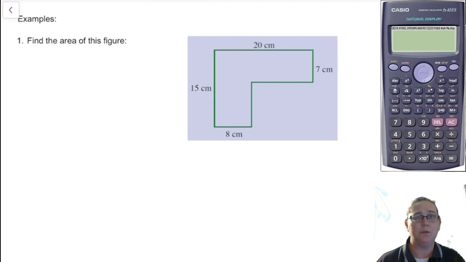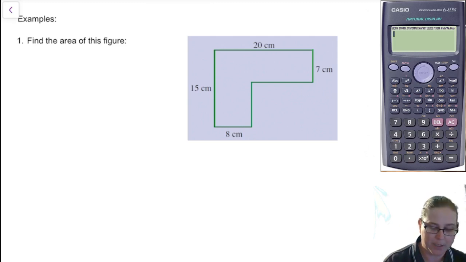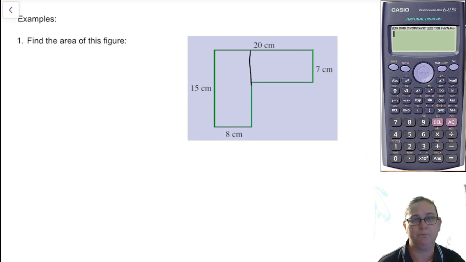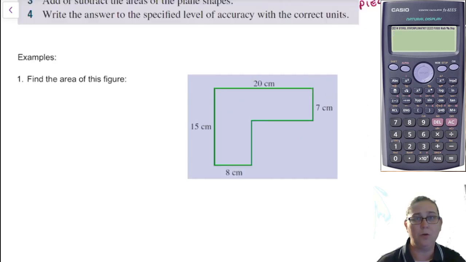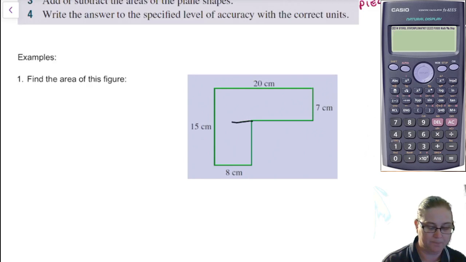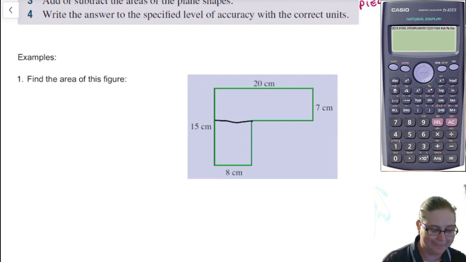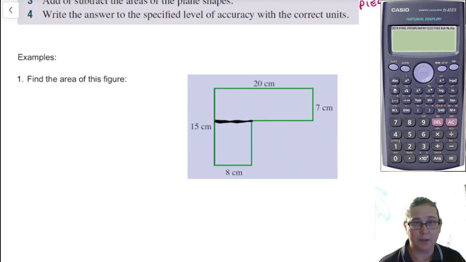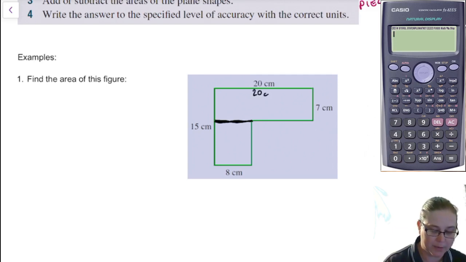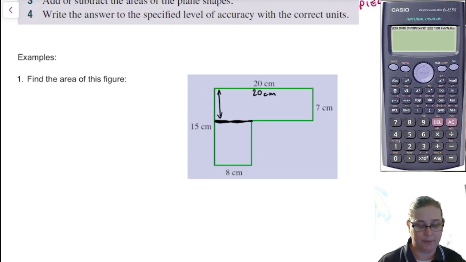What we can do is extend this line up this way, or we could extend this line this way. Either method is perfectly acceptable. I'm going to leave it this way today. So now I have one rectangle that has a 20 centimeter side, and then its other side in here is that whole length of 15 centimeters